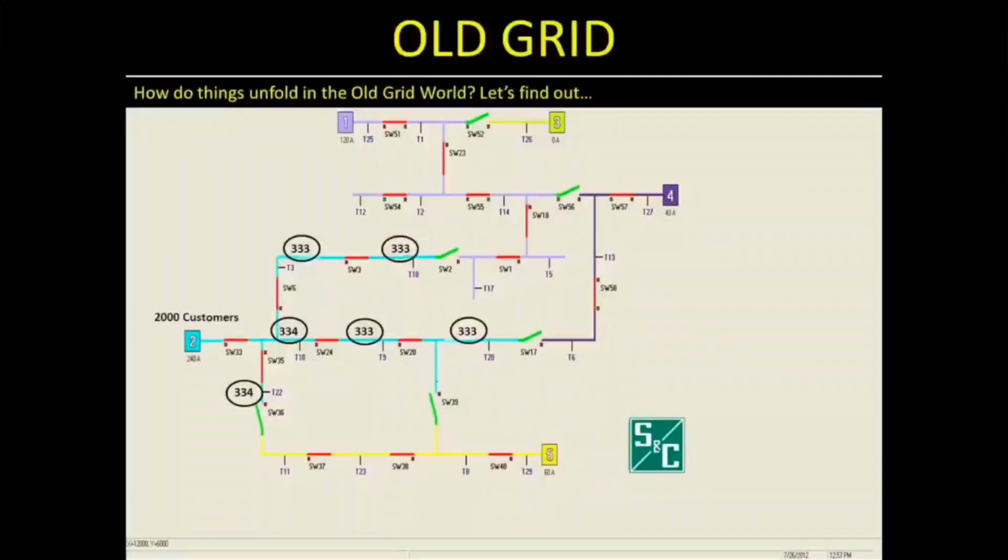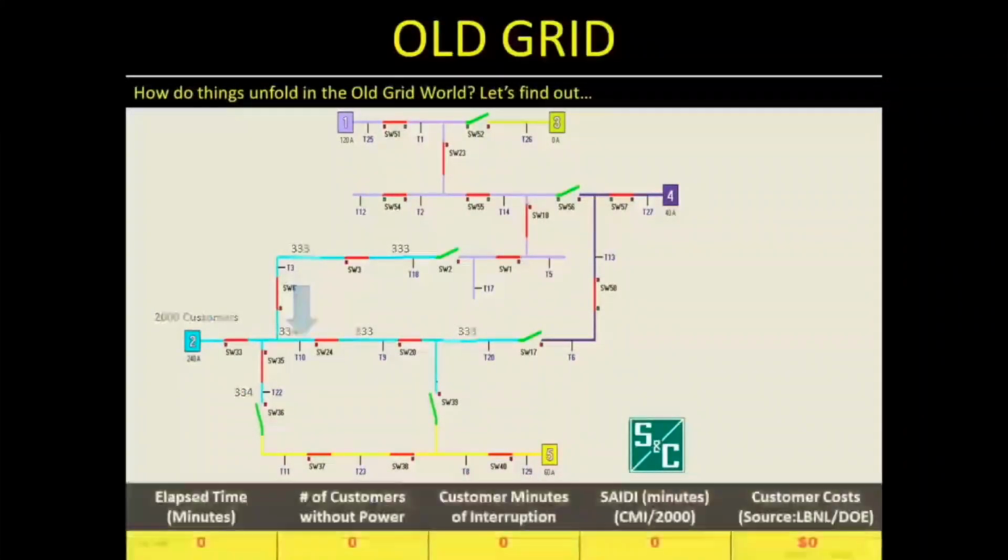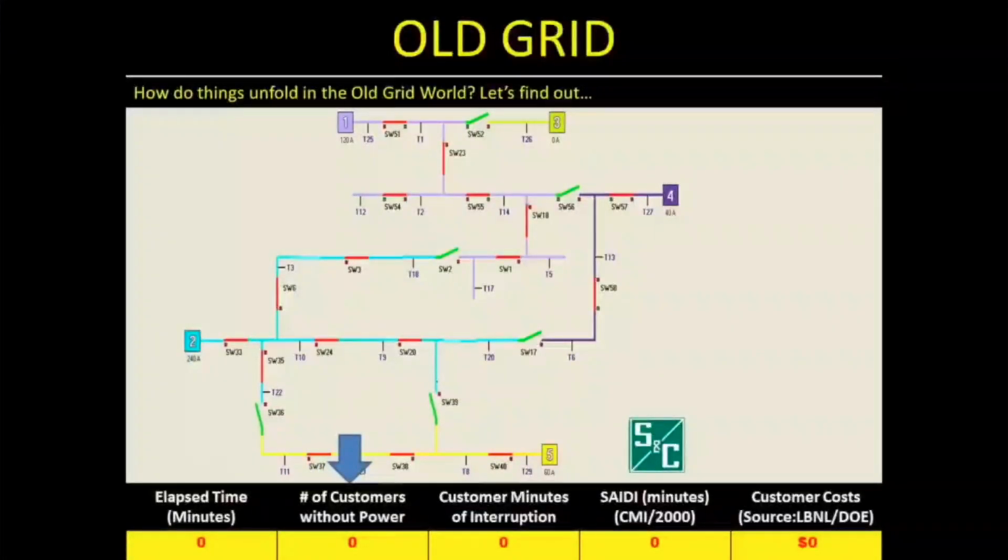This feeder is going to have a short circuit at this location, and we will see how the old grid deals with it. As we do that, we'll keep track of the elapsed time in minutes, the number of customers without power at any point in time, and the cumulative minutes that customers have been out of service. We will also track an index called SAIDI, which stands for the System Average Interruption Duration Index, which tracks the number of minutes the average customer is out of power. The SAIDI index, therefore, is equal to the cumulative minutes of interruption divided by the number of customers, which on